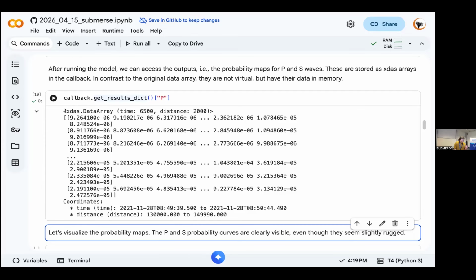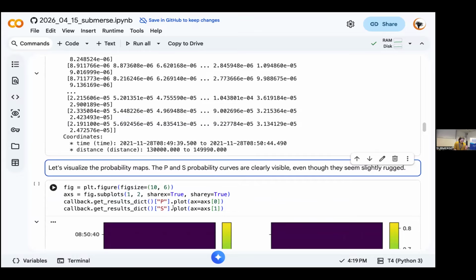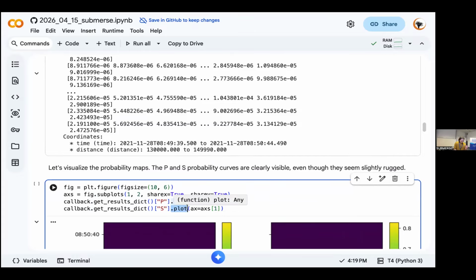The result is an XDAS data array. So it's just an XDAS object like the one we loaded originally. So we have still our time samples, our space samples. We have coordinates for when the time starts and ends. We have the spatial coordinates. All of that meta information is still retained. And all of the extra functionality, for example, plot. So we can simply say,